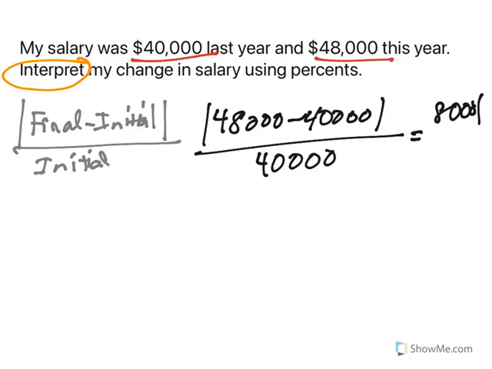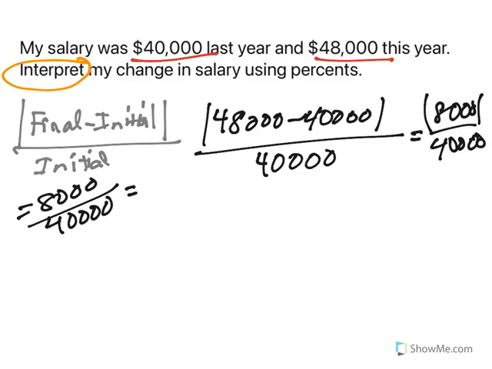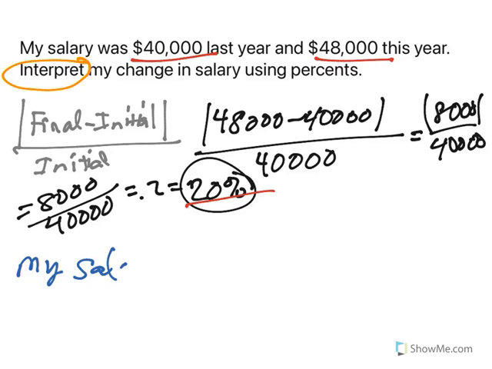So I end up with the absolute value of 8,000 over 40,000, which is 0.2. If we multiply that by 100, we get 20%. Now, that's a numerical answer. If it was just like, tell me the percent change, that's the answer. But it says interpret. So when you're looking at multiple choice questions, this is the correct answer: